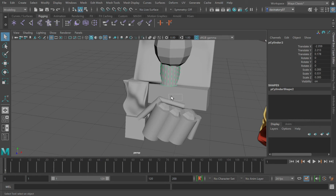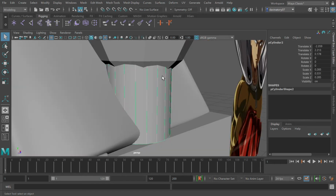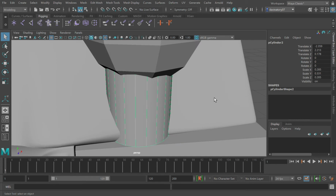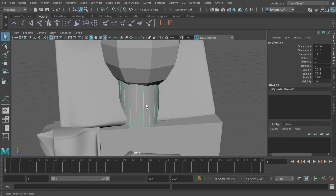This part will basically be us adding those details we missed last episode, such as, you can see, the eyes we didn't do last episode, and that tiny, I can't explain that properly. Let's just start with the neck. The neck has that center area where it's going inward, so that's gonna be like this. We go into face mode, we're gonna select this face,